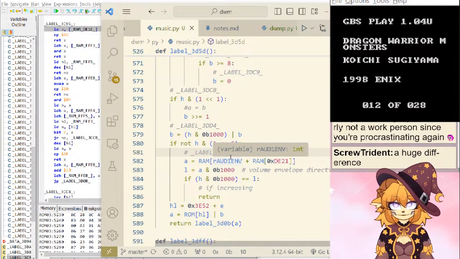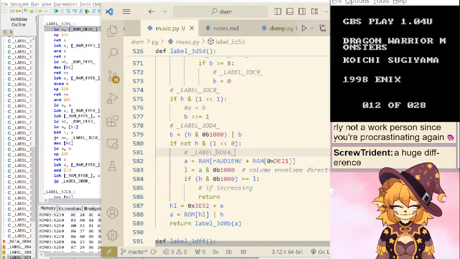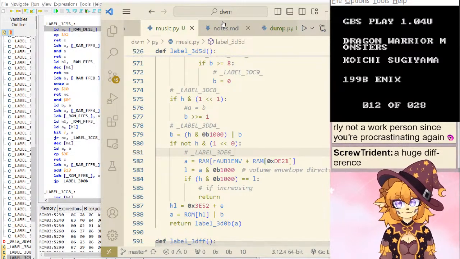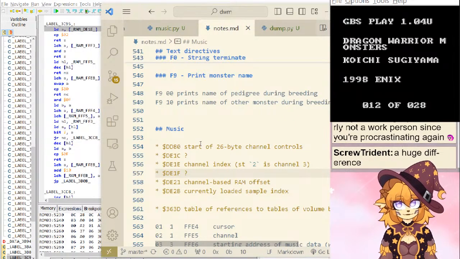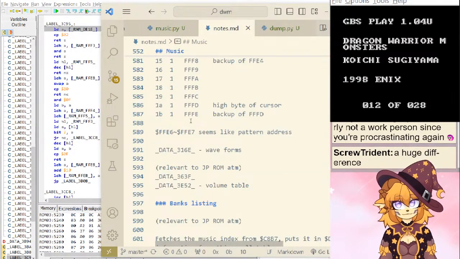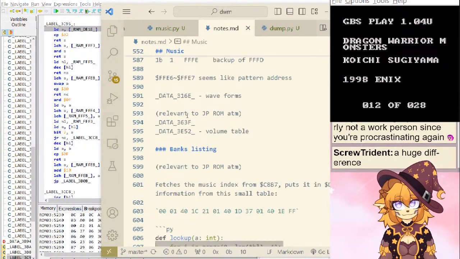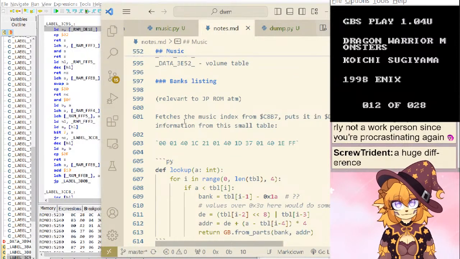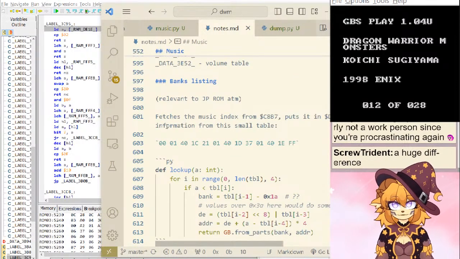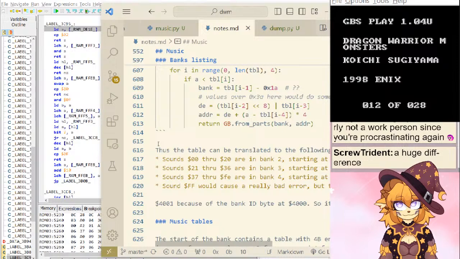Clearly not a work person since you're procrastinating it. It's fine. Look, we're gonna get through this. A huge difference? Interesting. Maybe I'll try some sometime. I'm not gonna buy any though, so someone will have to make it for me.